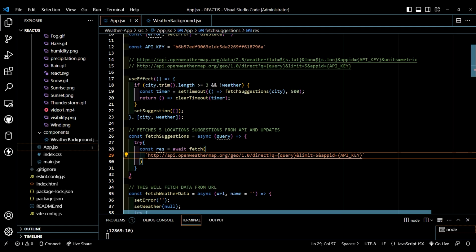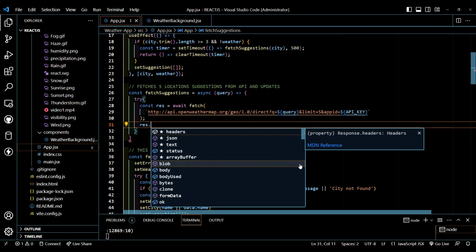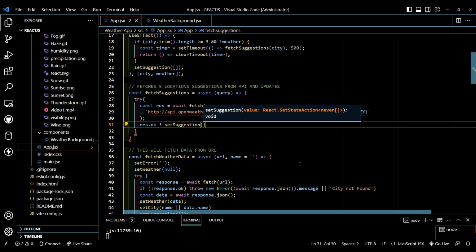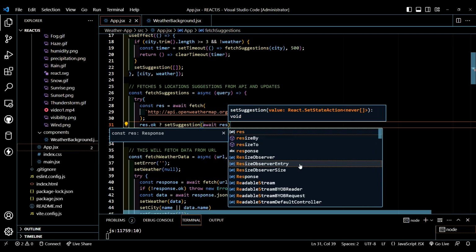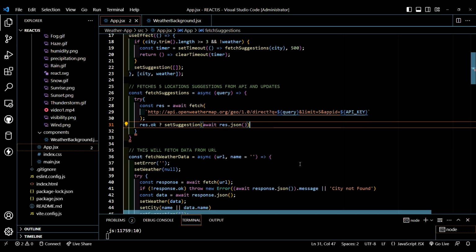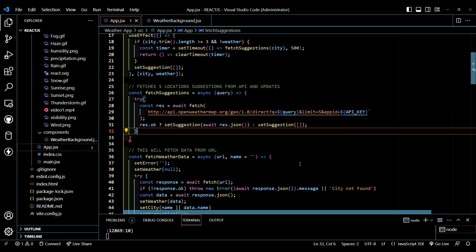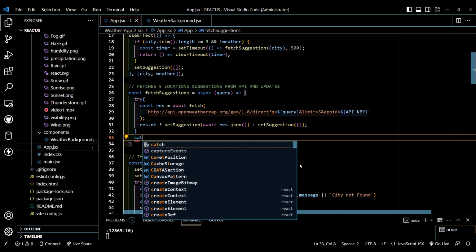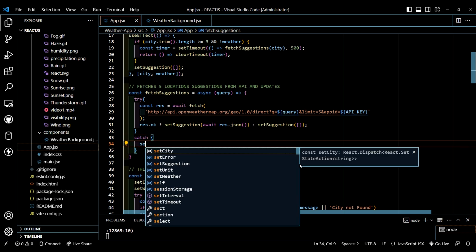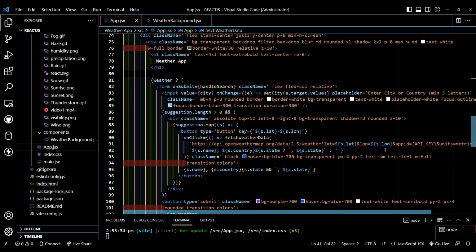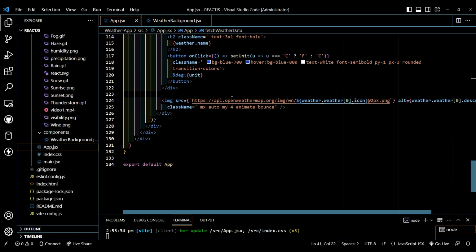Now let's give $ sign, and now let's type response.ok status, then set suggestion await response.json format, else set suggestion empty array. After this, in catch block, let's type set suggestion empty array. Now after this image tag,